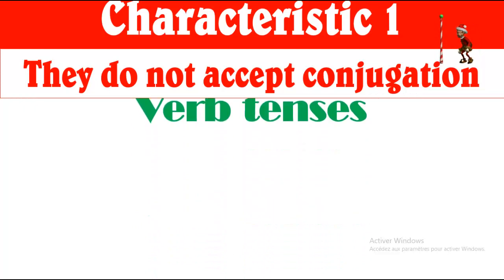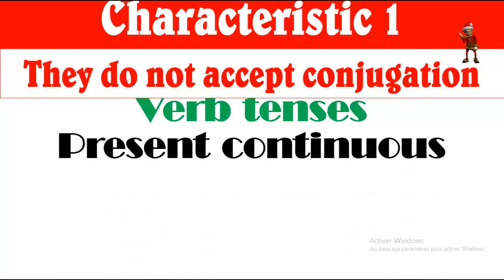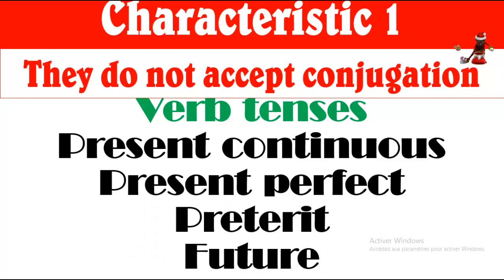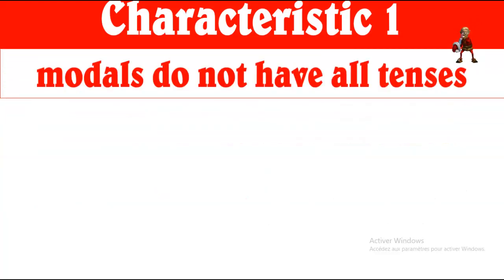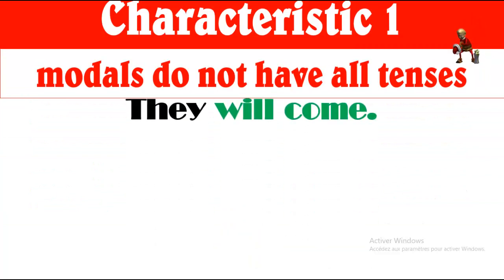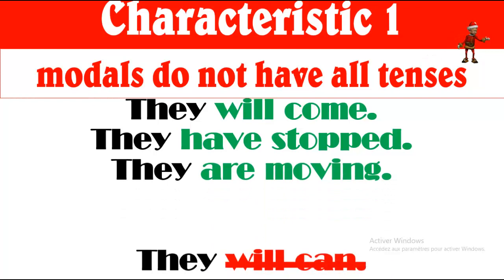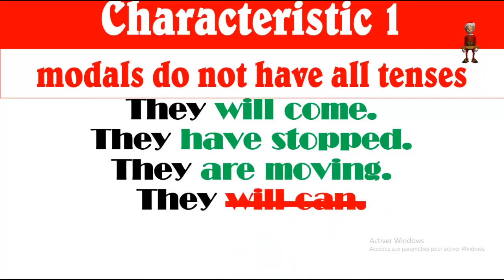Meaning what? Meaning the verb tenses. You cannot conjugate a modal in all the verb tenses, like in present continuous, like present perfect, like the preterite, like the future, or other tenses. So modals don't accept all these tenses in conjugations. Example: you can say they will come, they have stopped, they are moving,